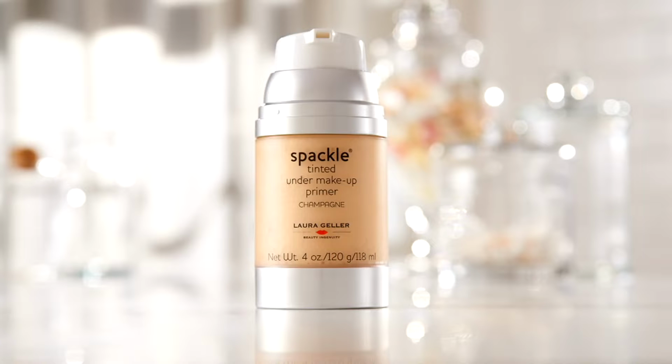Yes, and Laura is the makeup artist, so I don't have to be, which is great, but I can get the look at home all with these products. Oh my gosh, and so we got to start with, after you do your skincare. Yes. This is how you set all of that skincare in. It's going to actually add more good ingredients to your face, and it's going to help you apply your makeup smoothly. This is her famous Champagne Spackle Primer, and it's even more famous because this happens to be the supersize